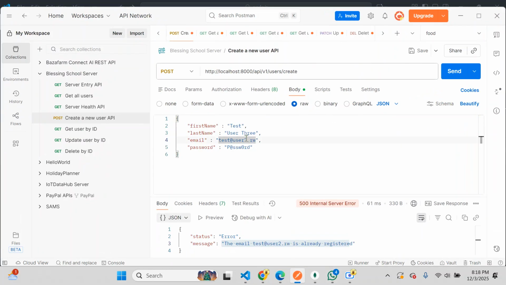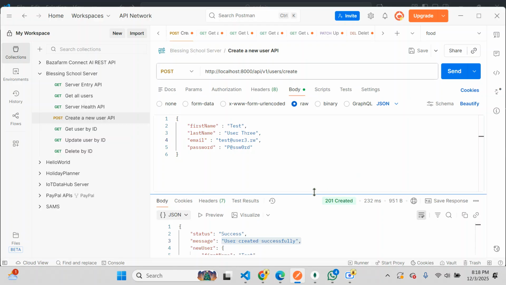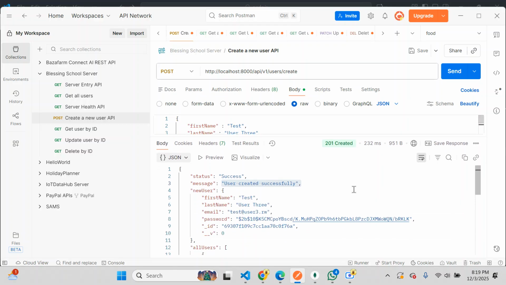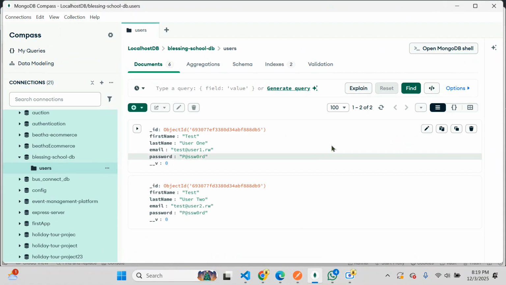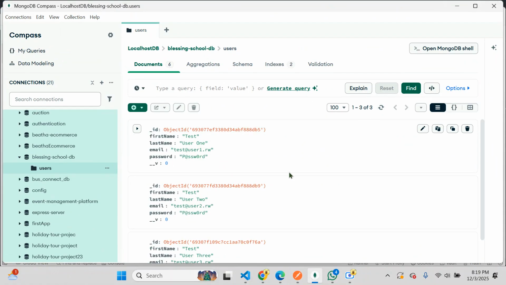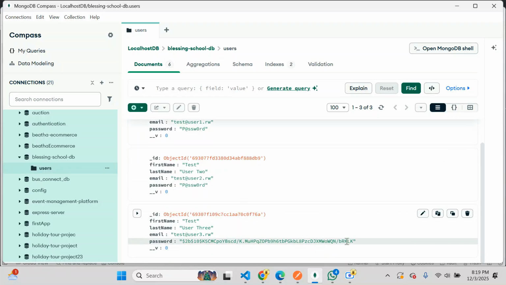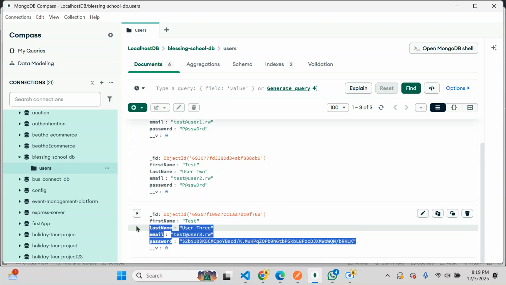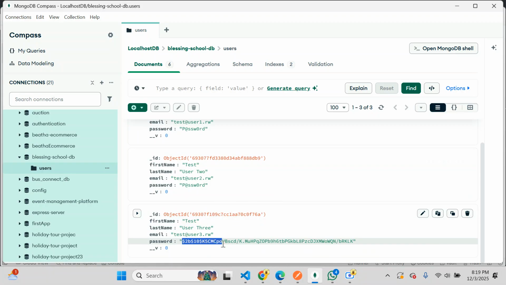So anga turaziduhindura dushyiramo 3 and hit save. So now as you can see the user has been created successfully. The important part urabona nko kuri password. Now password ntabwo twamenya ati the password dufite in a database ni iyihe kuri uyu muhizo wa 3. Can see even if aguhaye data z'uyu muntu ntabwo wamenya ngo the password ye ni